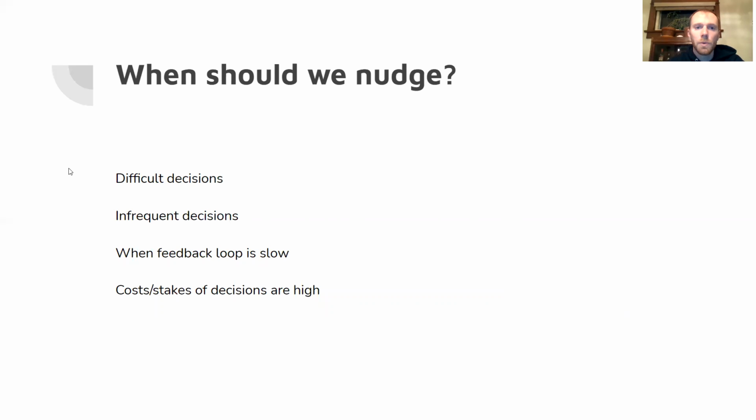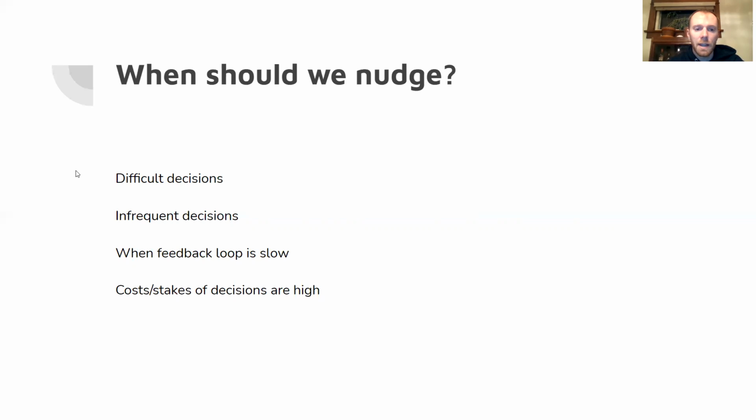And then going into when we should nudge. Sometimes we're in the position of being a choice architect, like I mentioned before, and knowing when people are prone to make mistakes or when they could benefit from nudges helps us implement nudges. And also when we're the decision makers, we can identify, hey, these are the areas where I'm prone to making mistakes. So at a high level: difficult decisions, infrequent decisions, when the feedback loop is slow, and